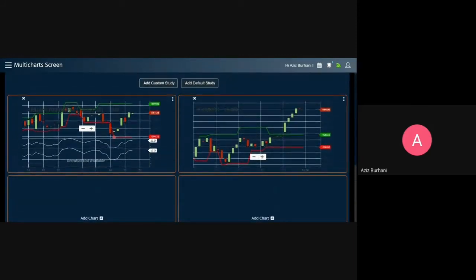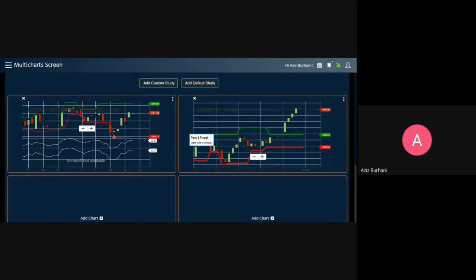Currently I say it is work in progress, because there are a lot of things that we need to do here. What we are planning to do is, you can open one stock, and you change, or you open 4 stocks, and you change the time frame, and it will open in multiple time frames. Or you open 4 charts, and you change one time frame. You want all the charts in 75 minutes, so all the charts will open in 75-minute time. So that is something that we are planning to do.